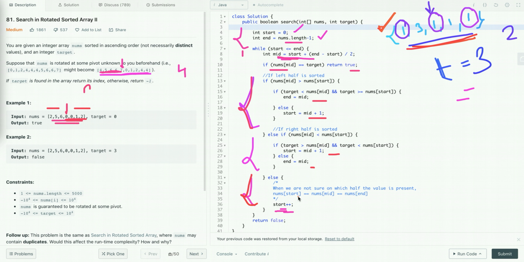Now let's talk about its time and space complexity. So let's discuss one more case. Now suppose the array is this and we have to search this target value in this array, and this target value is not present in this array. So in worst case, the time complexity will be